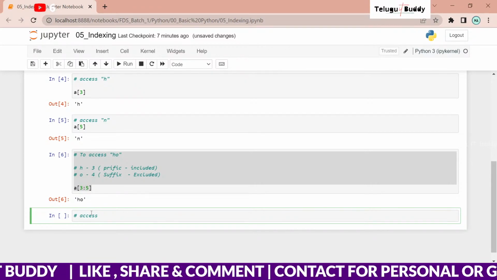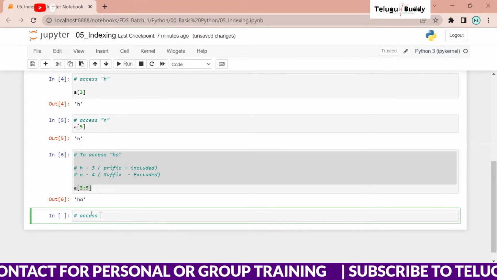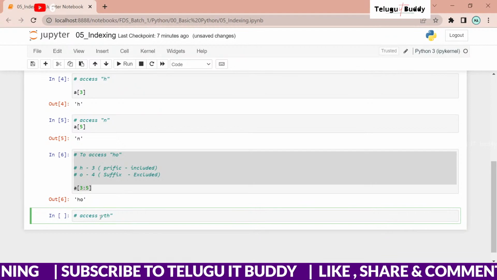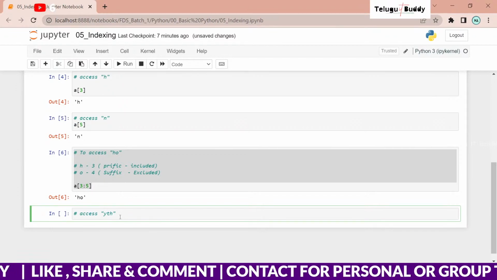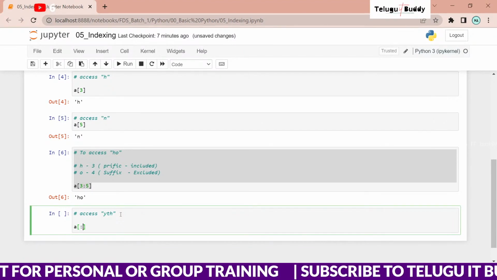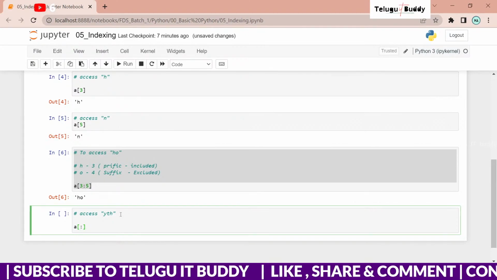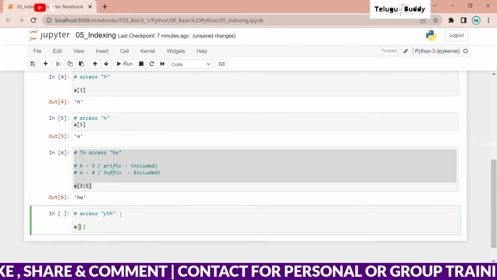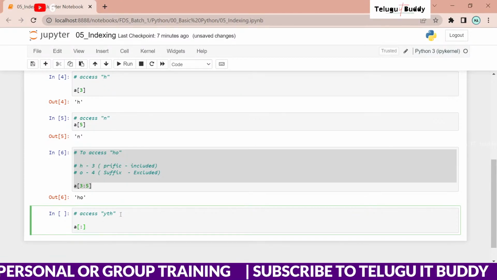How are you going to access? You need to type in the chat, and I'll see who understood and who didn't. Yogesh, your answer is